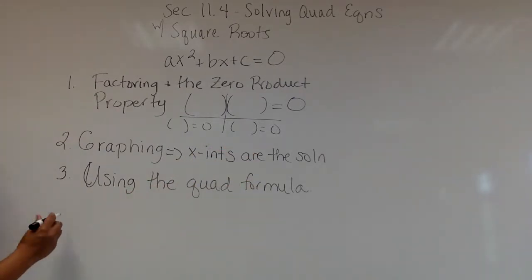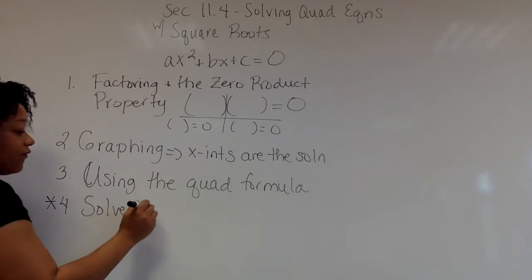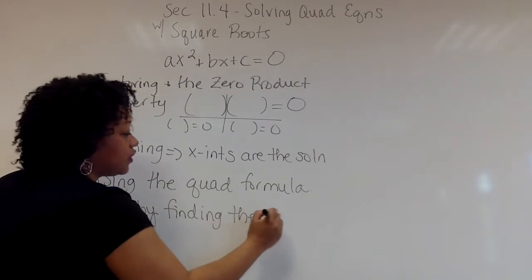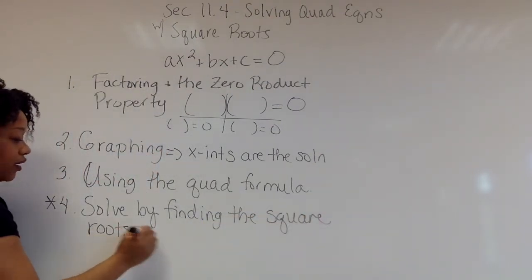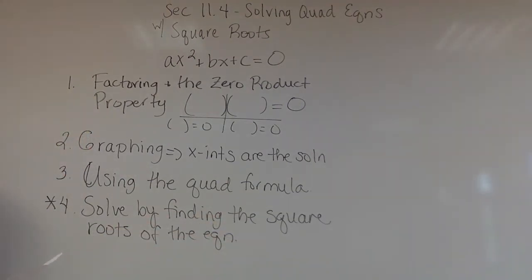Using the quadratic formula. And then the fourth way, put a star beside it because this is where we're going to sit for the next few minutes. You solve by finding the square roots of the equation. So this is what our lesson for this video is about. So we're going to stop the video here. Hopefully you got all those ways. We're going to focus on number 4. And in the next video, I'll tell you what you need in order to